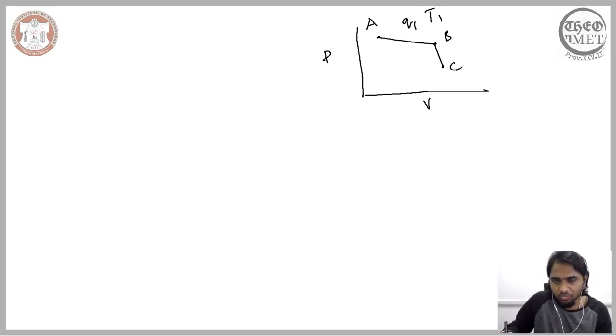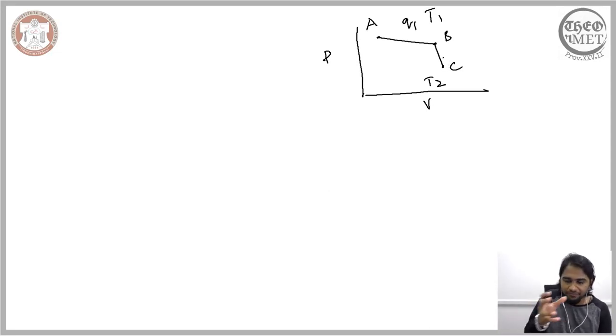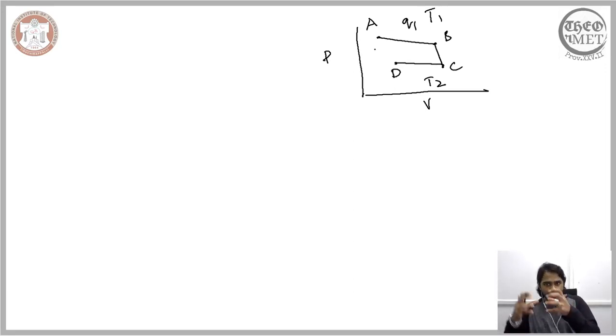Now at state C, you allow the heat that is lost during the operation of the heat engine to be removed, by making the system contact a reservoir, the lowest temperature reservoir, held at temperature T2. This allows the transfer of heat from the system to the reservoir. So ultimately the system moves from state C to state D. These are things that we have already considered, and now in order to move back to the initial state,